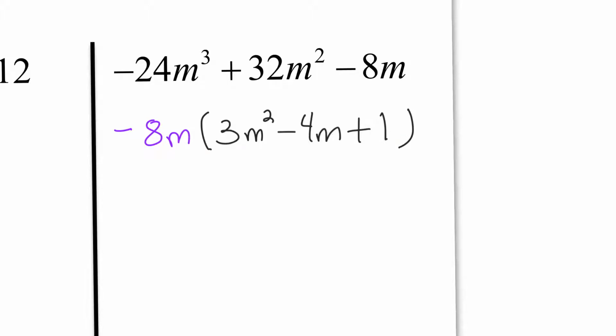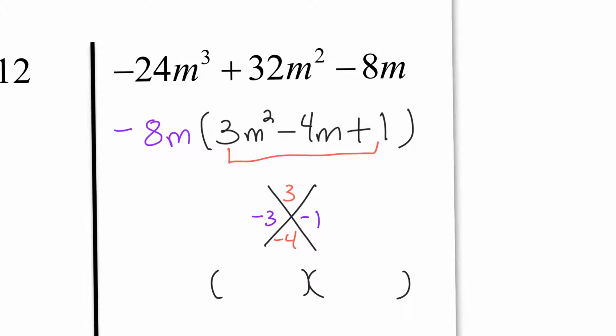Now you guys are going to factor the trinomial inside of the parentheses. So this 3m squared minus 4m plus 1. You guys will multiply the a and the c. I mean the a, not the 4, sorry. The a times the c. So 3 times 1 is 3. My b value is negative 4. And I notice that we can multiply negative 3 and negative 1 to get positive 3, and negative 3 minus 1 is negative 4. So my two binomials will be a